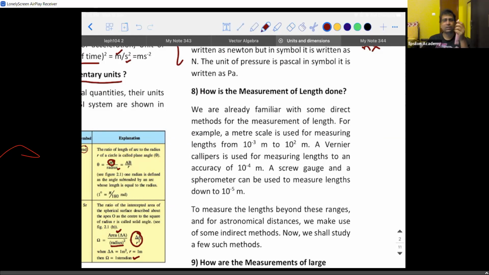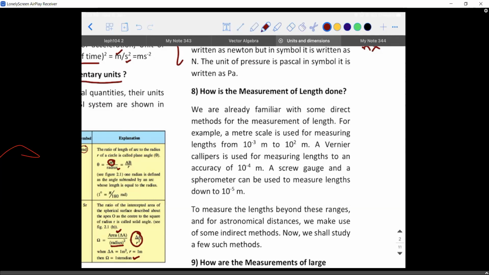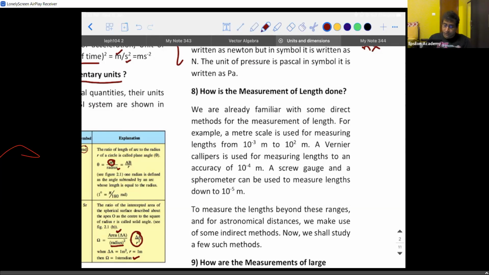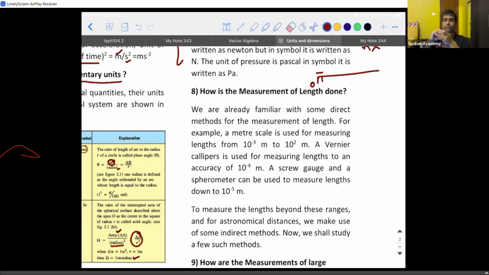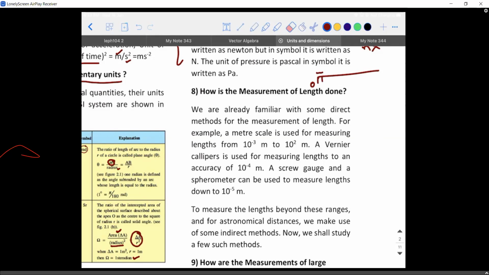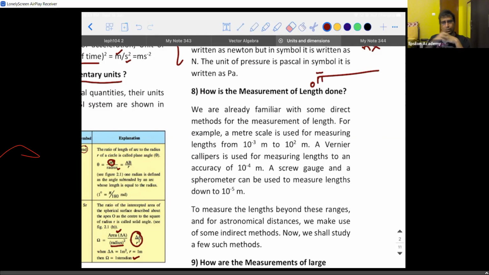So on the scale, what are the readings that are given? Centimeters and millimeters. One length after zero you have a measurement, right? So how much is this distance, guys? It is 1 millimeter, right? So the least count. I hope you guys know what is least count, right? The least value that any device can measure is 1 millimeter. It's called the least count. So the scale which you have in your hand is going to measure, let's say, these many centimeters and this many millimeters. Let's say 15.2 centimeter. Means you're going to say 15 centimeter and 2 millimeter, right?